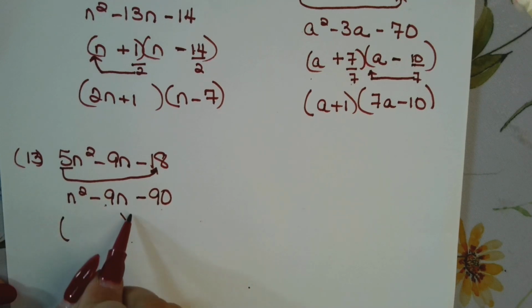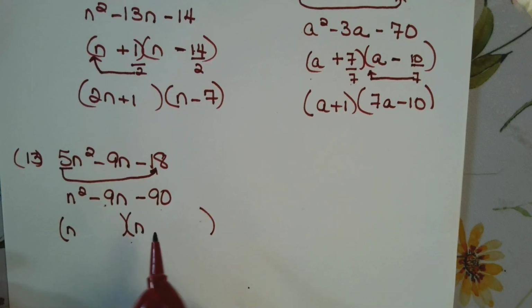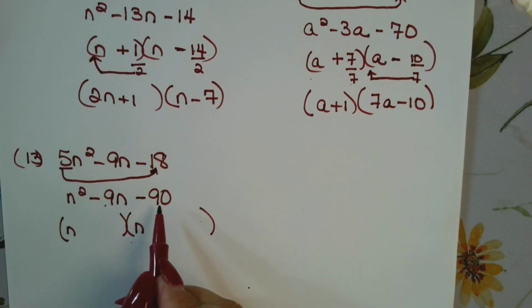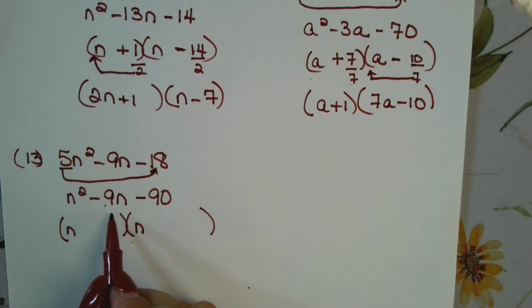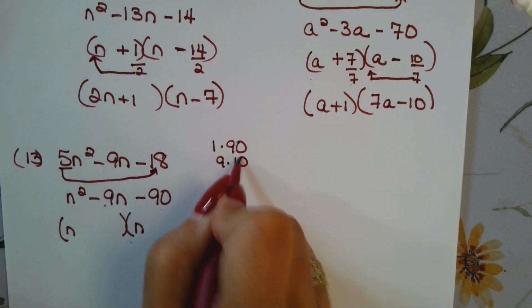And here we want factors of 90 that give me a 9. All right, so factors of 90, 1 and 90, 9 and 10,